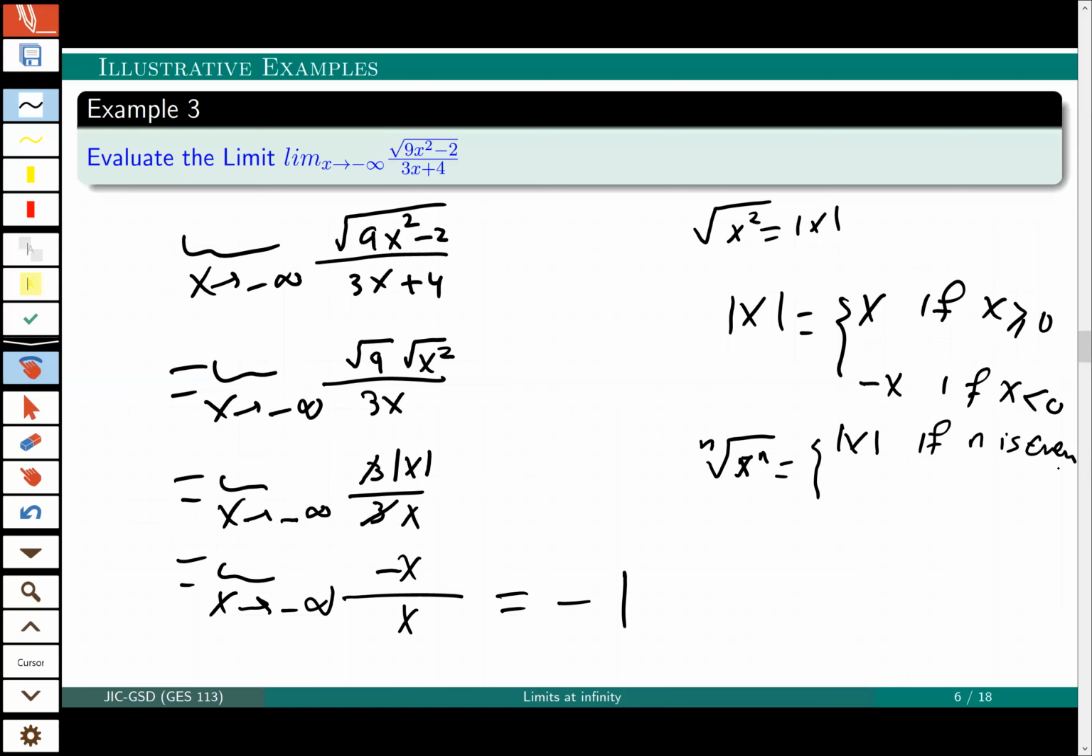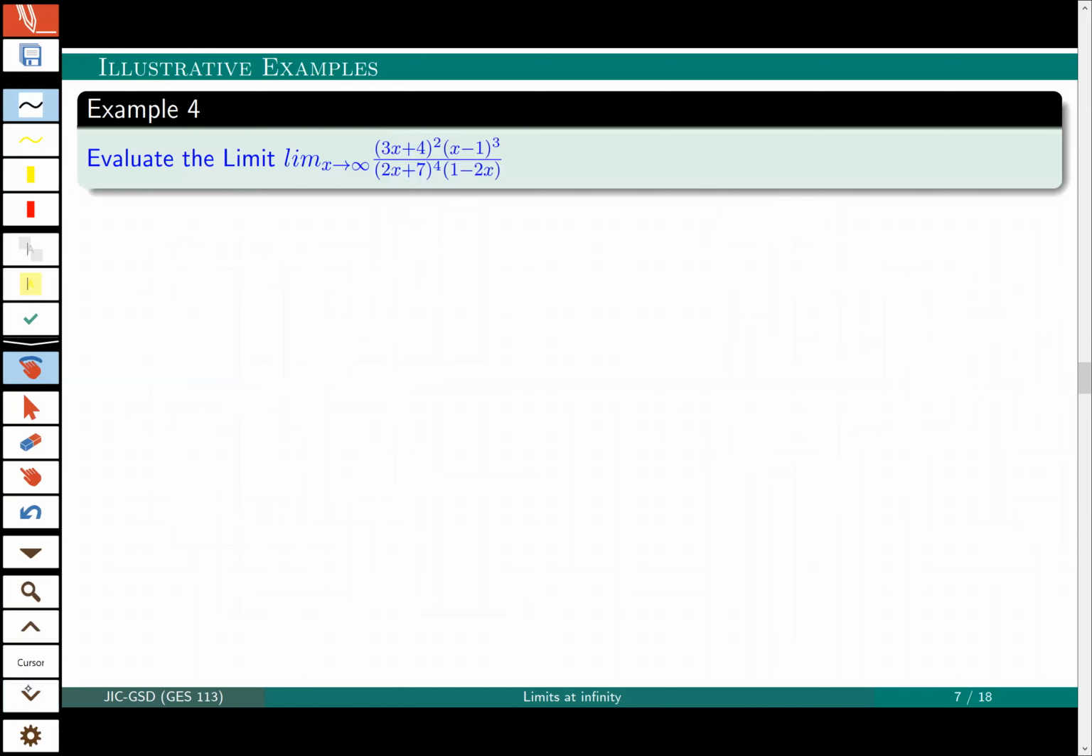2, 4, 6, and so on. And it will be just x if n is odd, like 3, 5, and so on. Now,